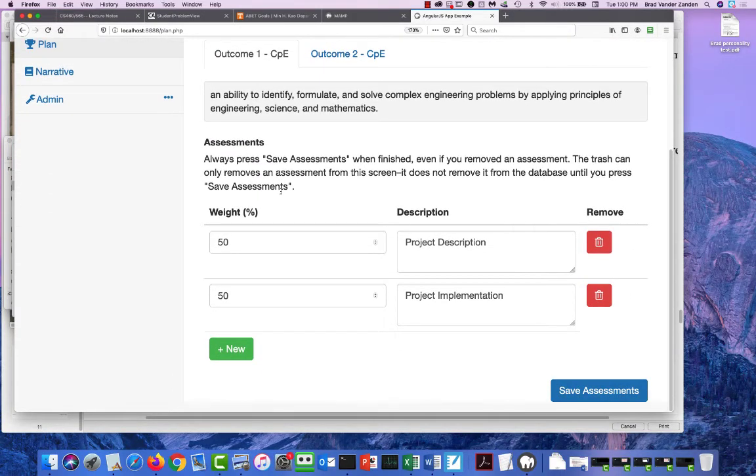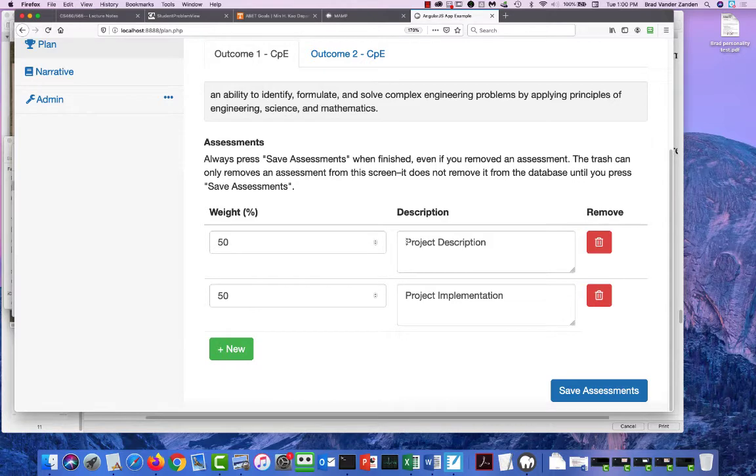Okay, so every professor has to say which assessments, like homework, exams, reports, quizzes, they use to evaluate this outcome, and what percentage weight they apply to it. If this looks a lot like computing a grade, it is a lot like computing a grade, except the grades are 3, meets expectations, exceeds expectations, and not meets, rather than A, B, C, D, and F. So they have to say which assessments they used, what the weight was, and the weight has to add up to 100, and a brief description of the